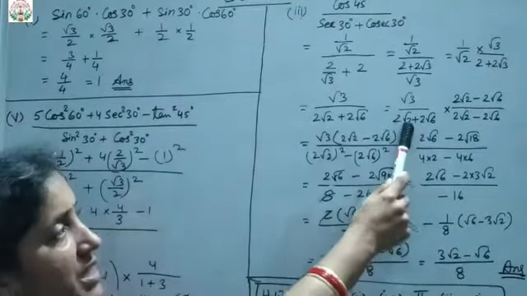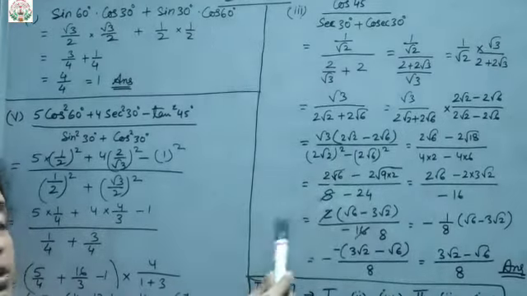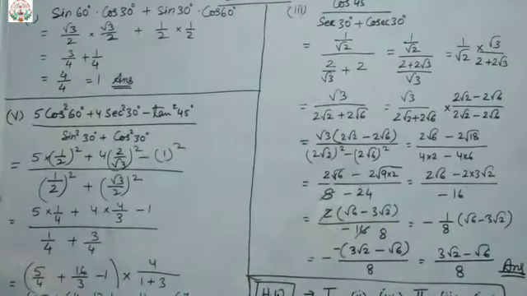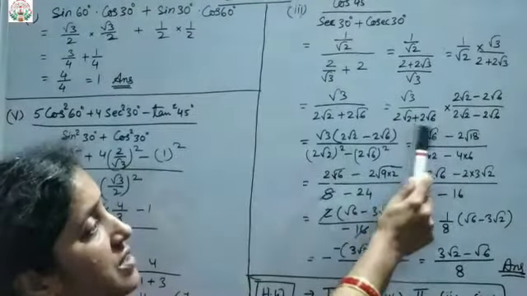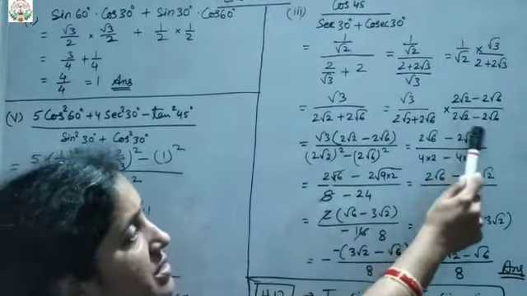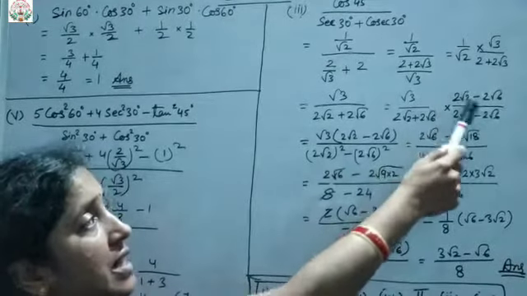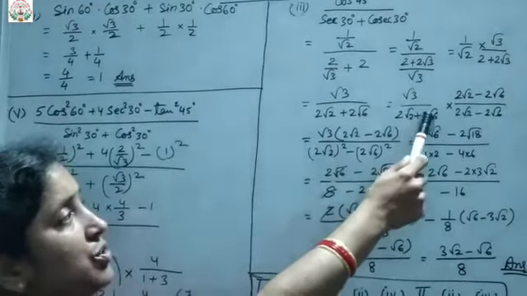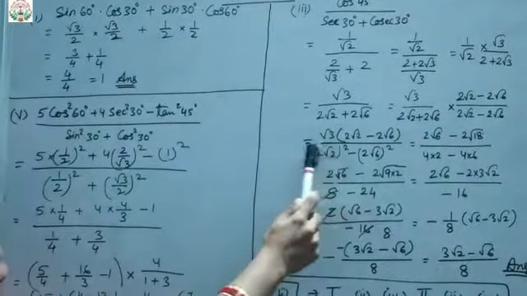After getting that, we know the rationalization part. In class 9th we learned that we cannot leave a root in the denominator, is it not? So we have to simplify. Here, if plus is there, we take the minus sign: 2 root 2 minus 2 root 6. The opposite sign, we will multiply and divide on the other side with this, root 3 upon 2 root 2 plus 2 root 6, to the numerator and denominator. Which will give what?